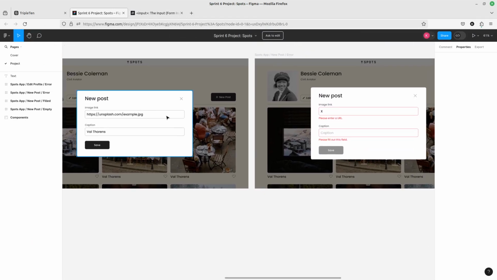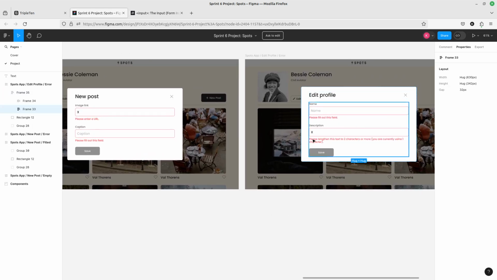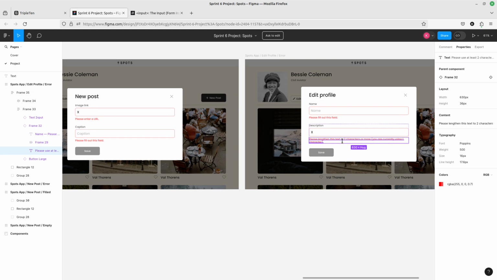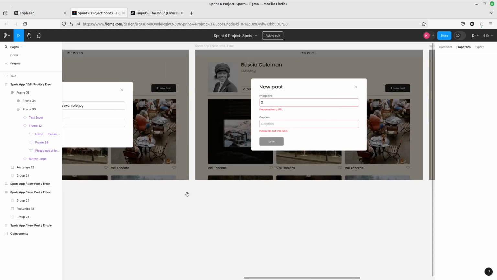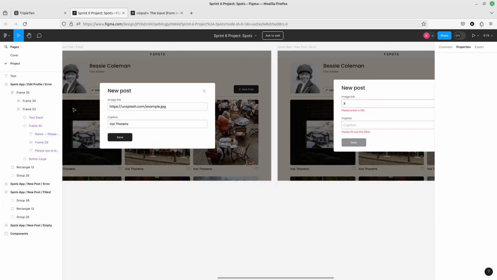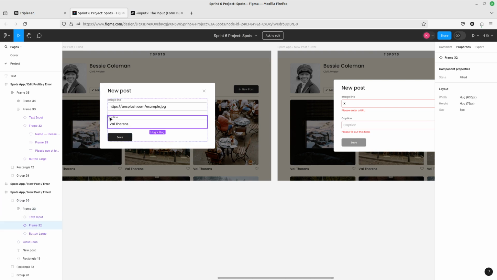Compare these two here, and note first that yes, there's a difference in height in these two modals. The designer included that, so you don't have to ensure that it's the same height. In fact, you wouldn't be able to ensure that, really. There wouldn't be quite enough space, especially since some of the error messages are two lines. So we don't need to worry about that, but what we should worry about is when there's no error messages,